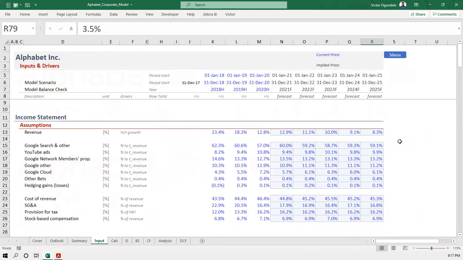The other one is what we call running average, right? What does that mean? Let me delete this. Running average is this. You come here, you type equal to average of these last 2 years. You can even use 3 years. Enter.